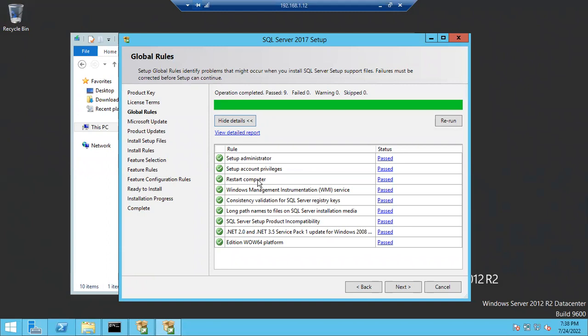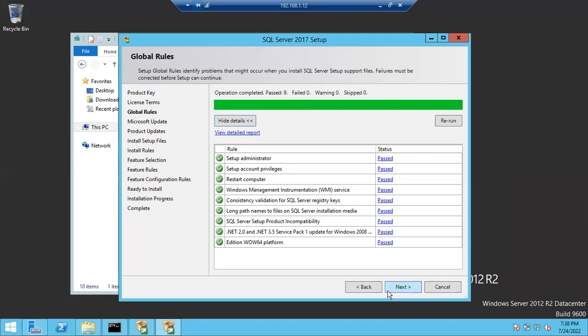Generally we have 9 checks, right? All the checks should be passed, or warning is also fine, or they can be skipped. But even if one check out of these 9 checks has failed, you cannot proceed with the installation. All the checks should be passed, guys. If not passed, at least warning is fine. It will allow for warning. Skipped is also fine. But if any check, even one check, is failed,